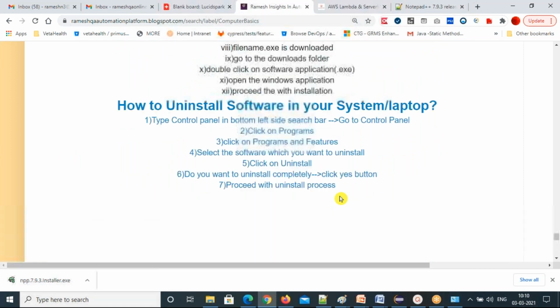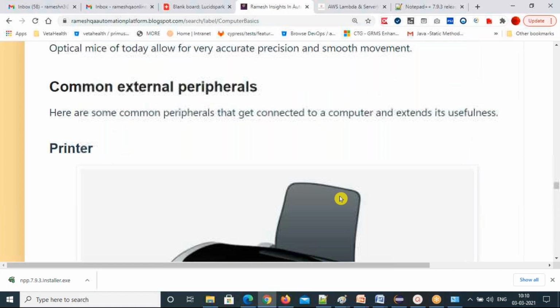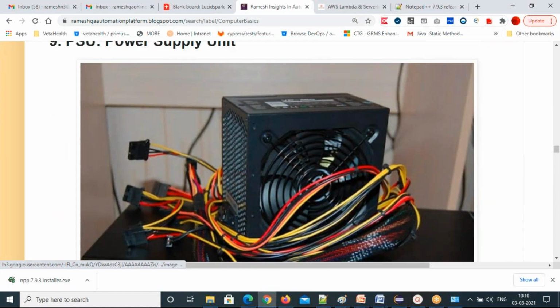Okay, thank you. So if you need still anything you need in the computer, let me know. We'll cover tomorrow specifically, okay. Ramesh garu, I need this one. Then I will tell that. I'll explain you how to do that. Okay? Yeah. It will be beneficial for you. So what you are looking